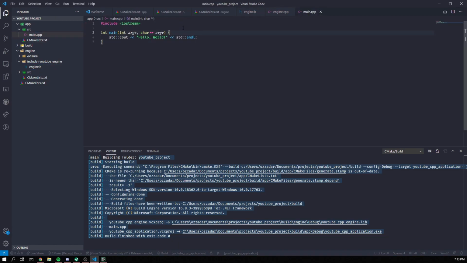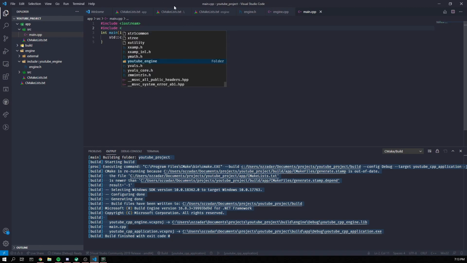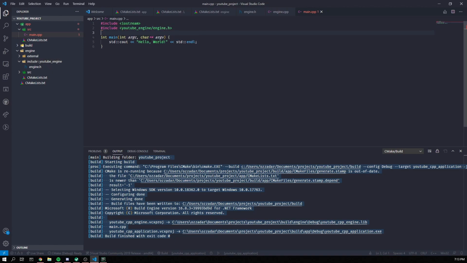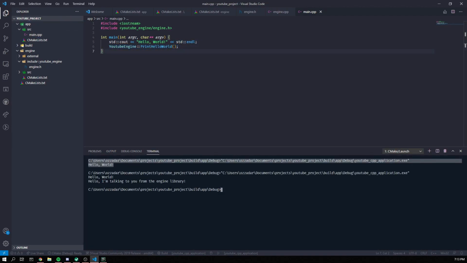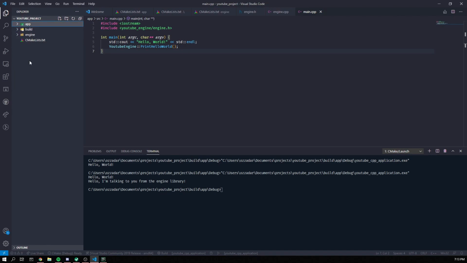So in here, we should now be able to include, and the reason why we nested it inside YouTube engine was so that we can refer to it like this. We can include that, it sees it fine, and now we should be able to call YouTube engine print hello world. Now we should see hello world and print hello world on screen at the same time. Hello world and hello, I'm talking to you from the engine library. So you now officially have two different CMake projects talking to each other,